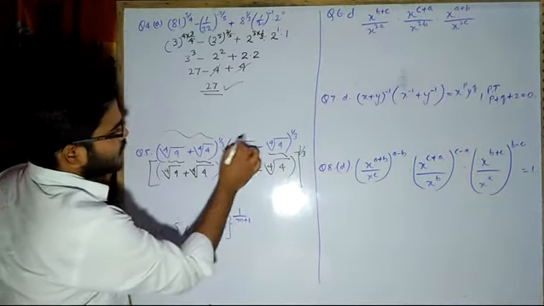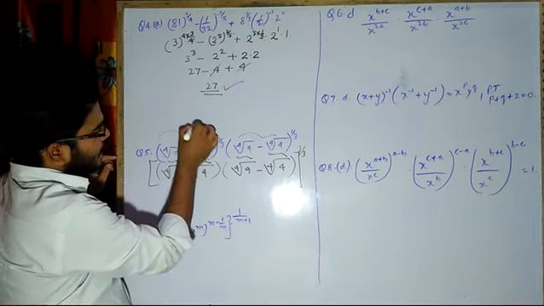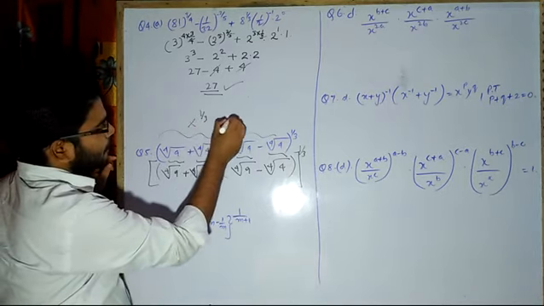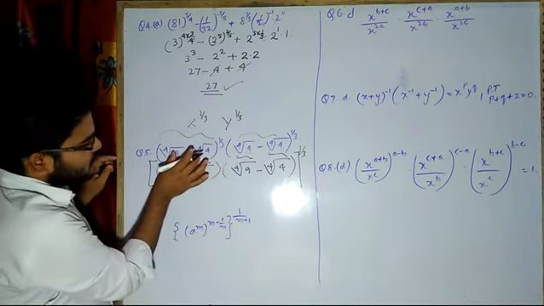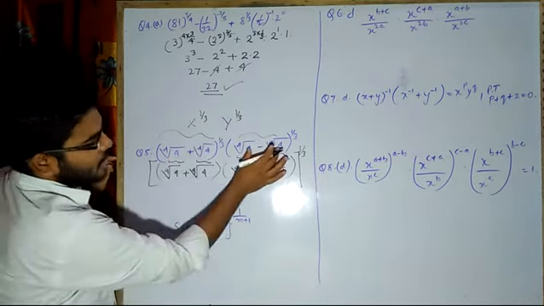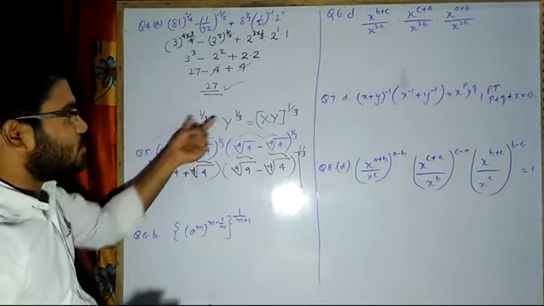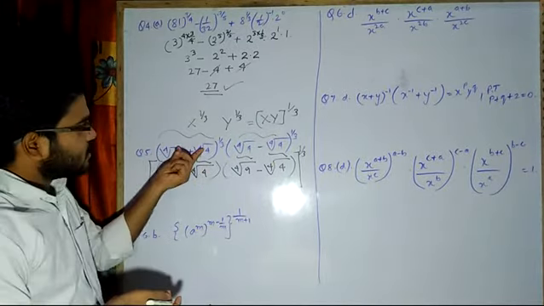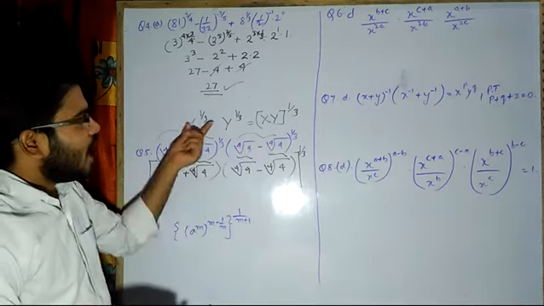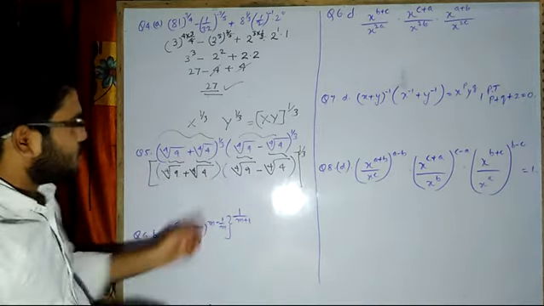If you see this much and this much, it is written like capital X raised to the power 1 by 3, capital Y raised to the power 1 by 3. If I assume this capital X is as capital Y, then the power is the same. So this can be written as XY raised to the power 1 by 3. Yes or no? Just mentally I am trying to make you understand. No need of assuming all these things. So if it is another number, this is another number, I can write like this and then one single bracket. So that is what I have done.